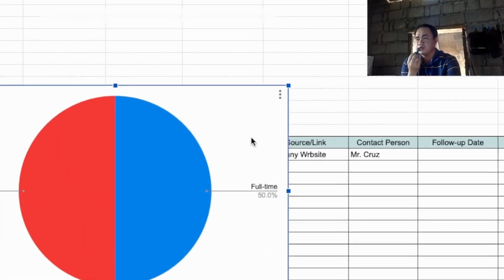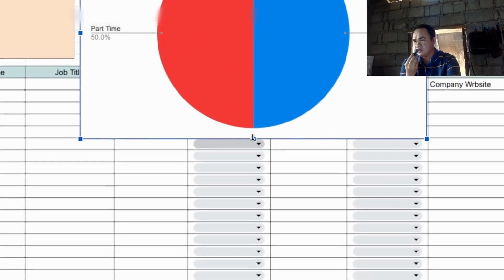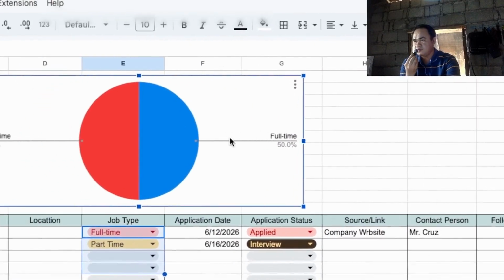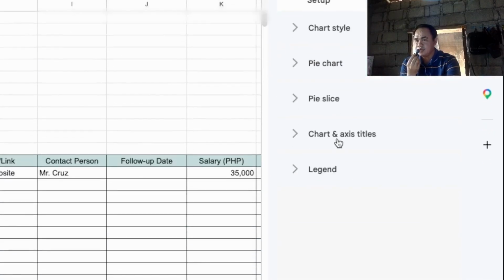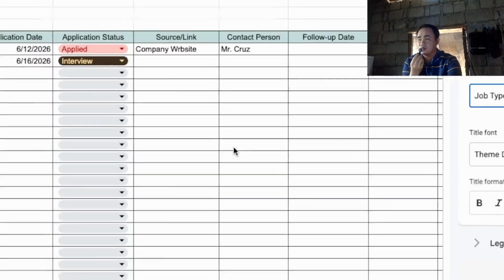Okay. Next is we're going to resize this to fit in. And then let's add a chart title here. So let's say job types. Okay, so that's it.